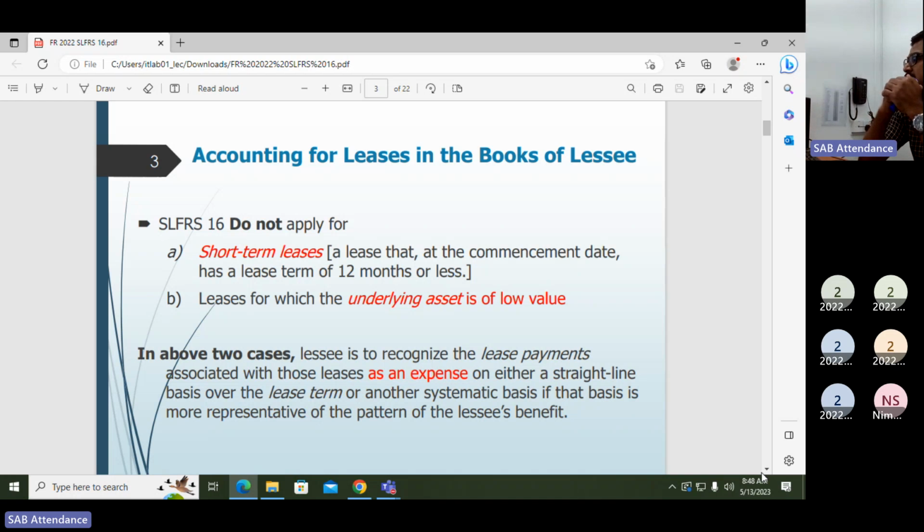Second one, leases for which the underlying asset is of low value, a very small value asset, right? The value of the asset may be 25,000, 30,000, 100,000, right? In that case, there is no need to apply this particular standard. In these two cases, simply,